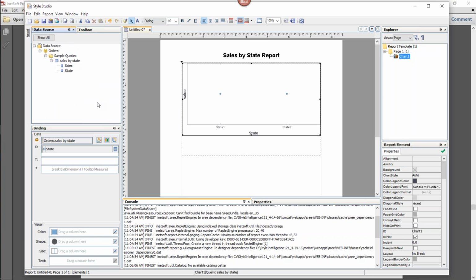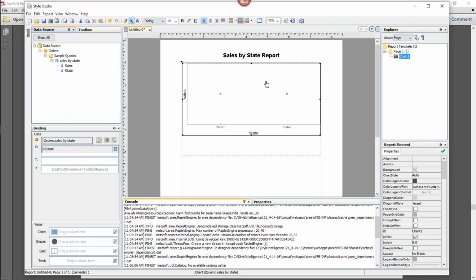The reason for that is that a single chart needs to be based on a single data source, right? So I couldn't put state from this query on the x-axis, and then on the y-axis put a measure from some other query. It won't let me do that. If I wanted to do that, then I'd have to mash up those two queries together, for example, in a data worksheet, and then base the chart on that result.